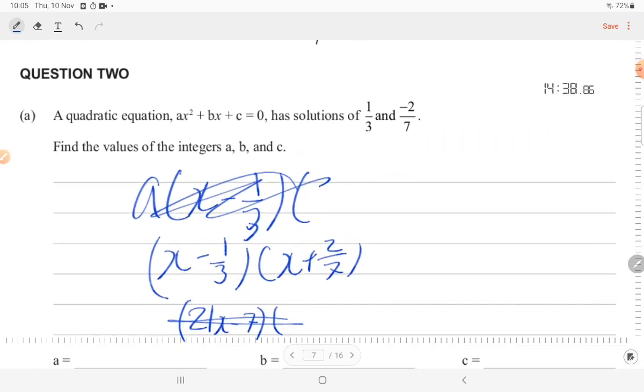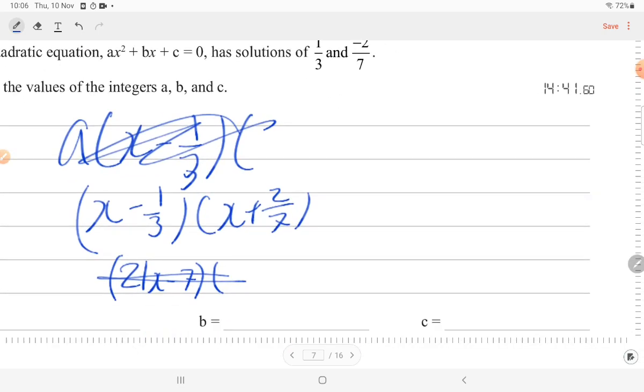I'm overthinking it. It's too hard. No, it could just be any integer, so